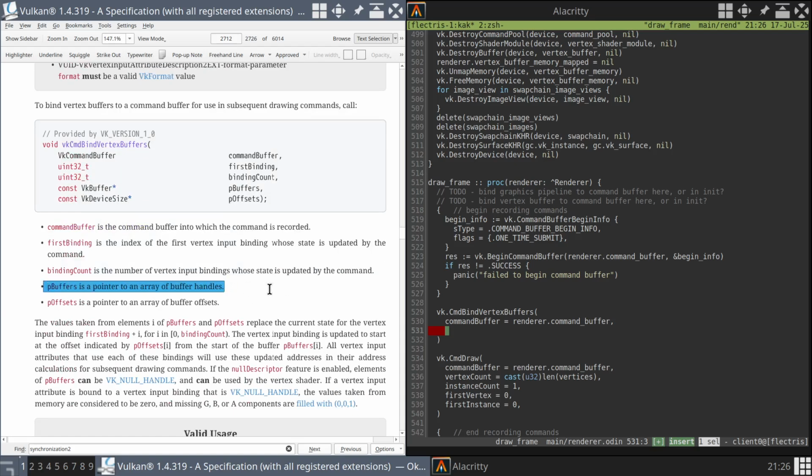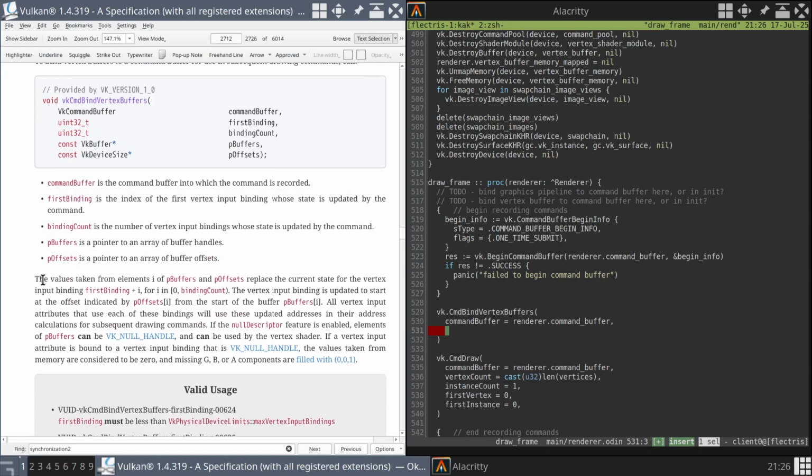And then a pointer to buffers is a pointer to an array of buffer handles. Pointer to offsets is a pointer to an array of buffer offsets. So our offset is just 0. Okay, maybe this makes it clearer. The values taken from elements I of pBuffers and pOffsets,